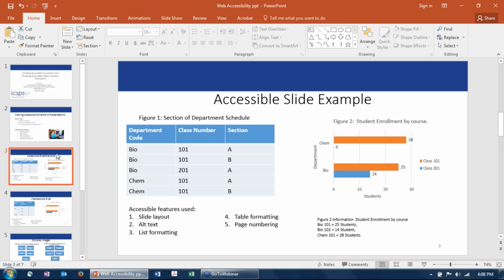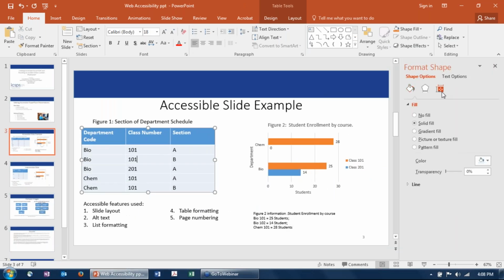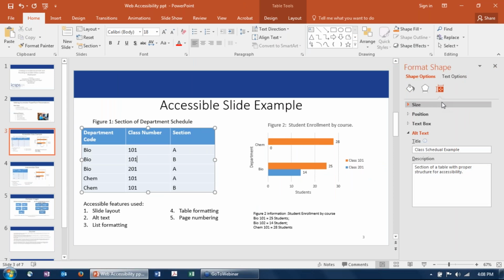All right. Finally, you can add alt text in the very same way we did with pictures by going to Format Shapes and opening the alt text box. Alt text for a table should include a summary and the purpose of the table in the context of the presentation. And this is important because this alt text will be the initial thing read by things like screen readers, and it allows users to determine whether it's worth tabbing all the way through all the information in the table